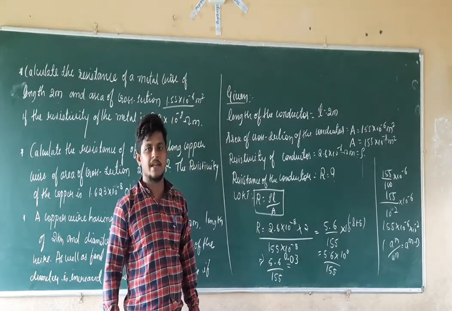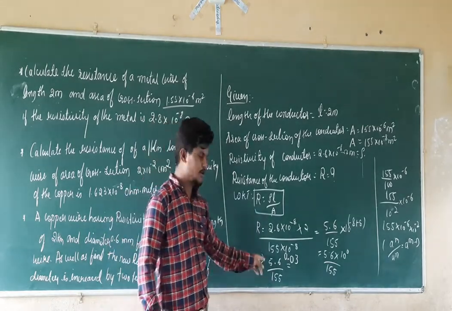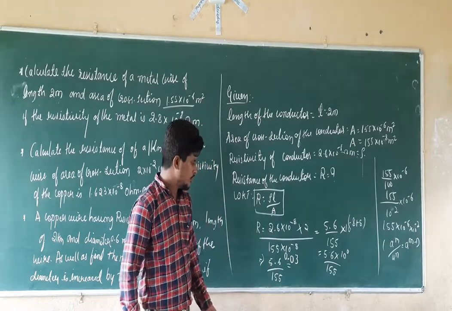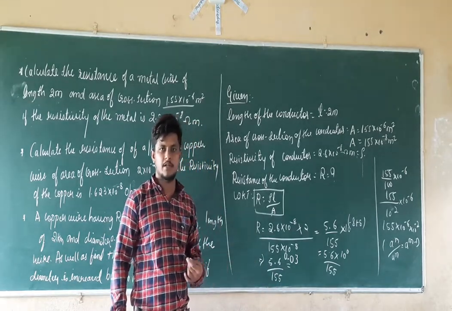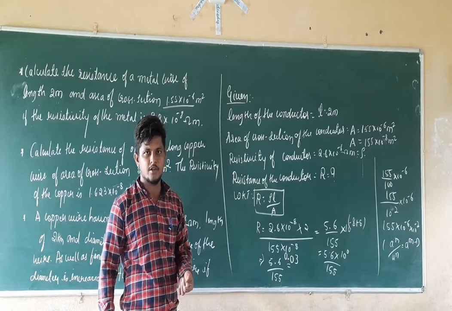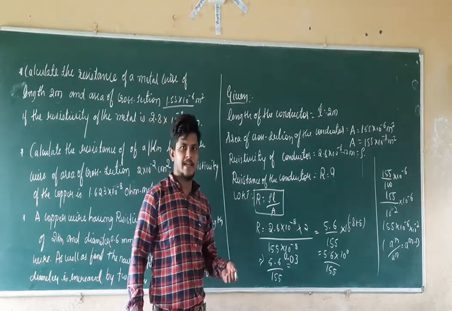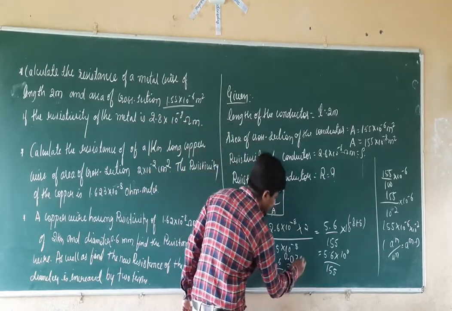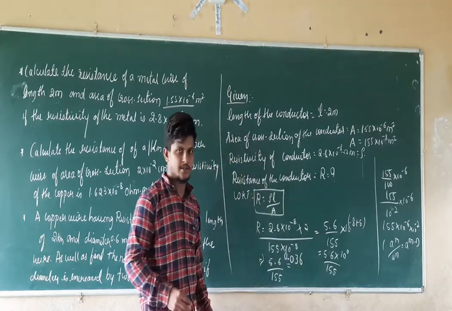So there remains 950. 95, so it will become 950. So then 155, how much will that be? It will be equal to 950. So if we take 56 and 90, it is nearly 6. Its nearest value is 6.